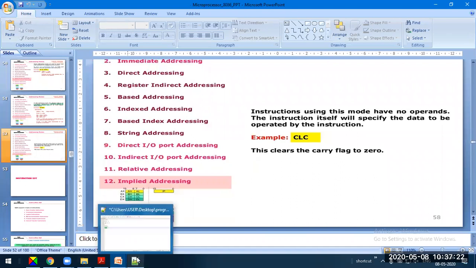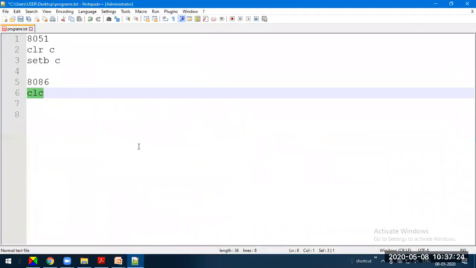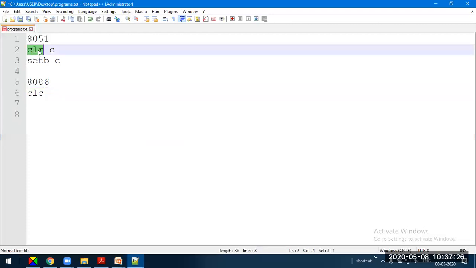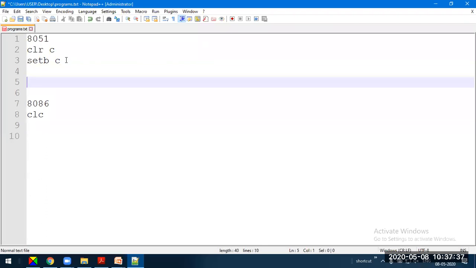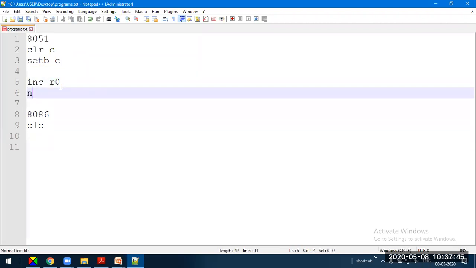Do we have any implied addressing mode in 8086? As it is, no, because for each instruction we have to specify the argument. Even for the increment instruction we have to specify the target location. So for each instruction there should be an argument, maybe except for NOP. NOP does not require any argument because it is a no operation.